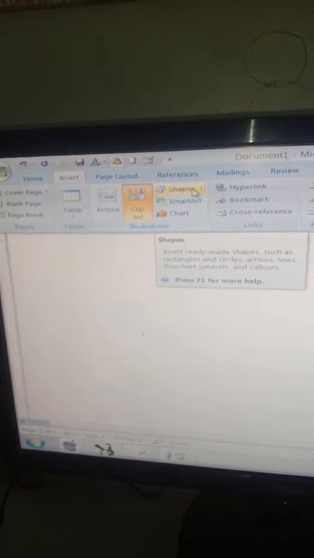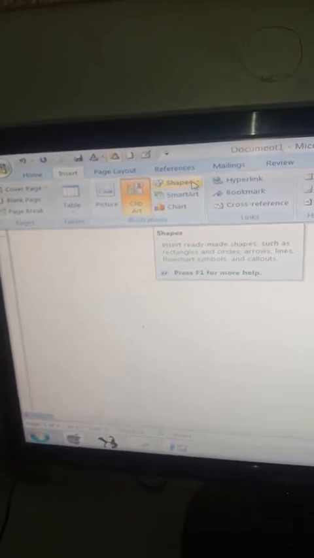From the insert tab, move to the illustration group, and in the illustration group we have the option of shapes over here. As soon as you left click over here, look, different types of shapes appear.